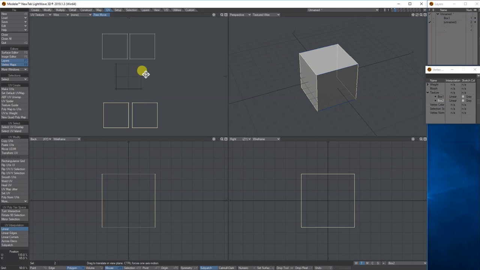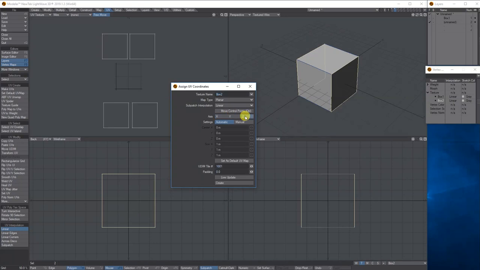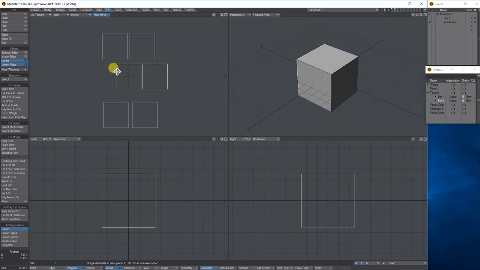And then lastly, running through the Z is your front and back. Lightwave usually uses the plus Z as the front axis, if you're wondering. So this is a car, and Lightwave needs to know which is the front and back. The plus Z is your front. So again, make UV, box 2. This time it's going through the Z. Just deselect one, move it to the side, and then what I've got is the side bit.